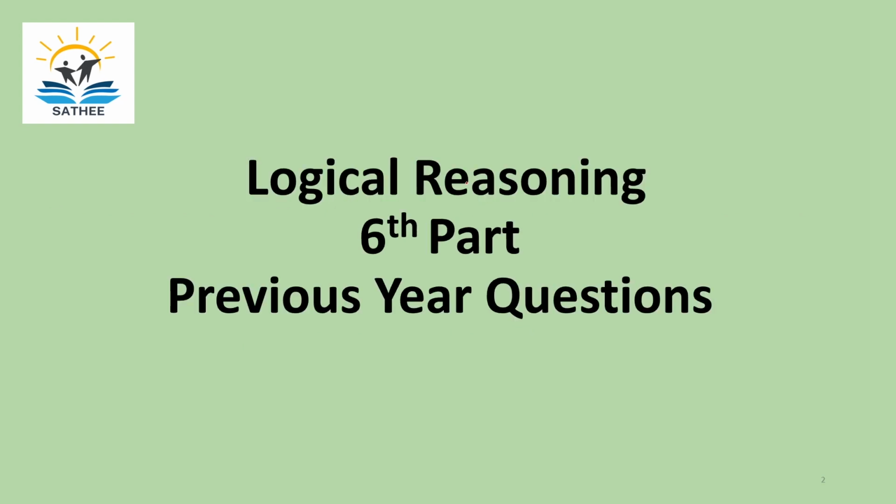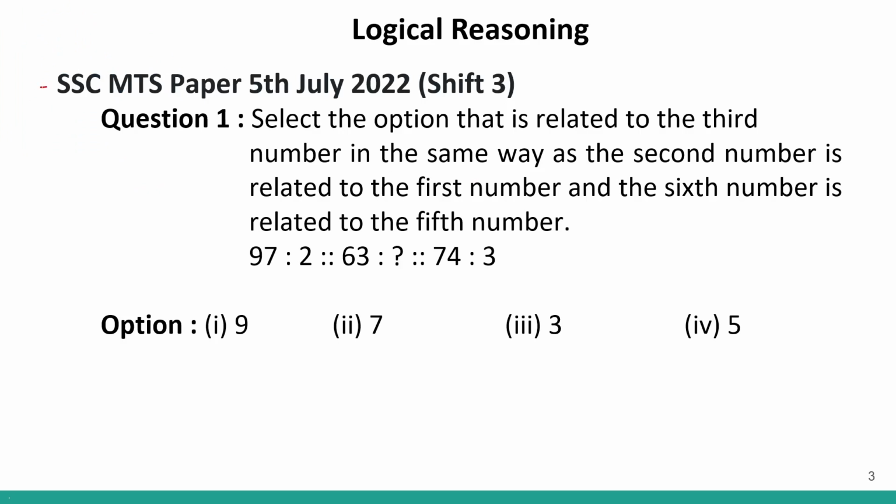In today's lecture, we will discuss the previous year questions from logical reasoning that you can get into your SSC MTS exams. So the paper is given over here for your reference. So let us look at question number 1. So this is a question of number analogy. So basically 3 pairs are given to us, pair number 1, pair number 2 and pair number 3, and we have to find the missing element in pair number 2.